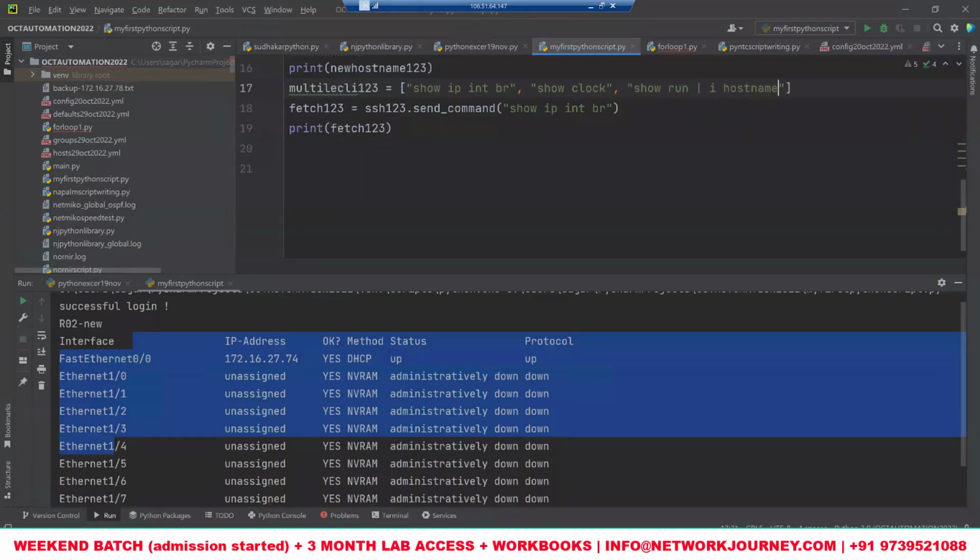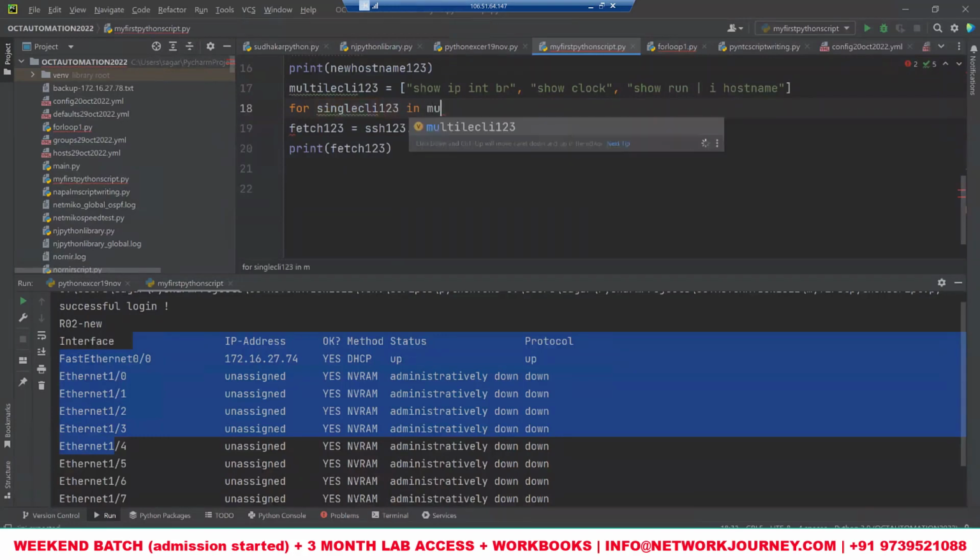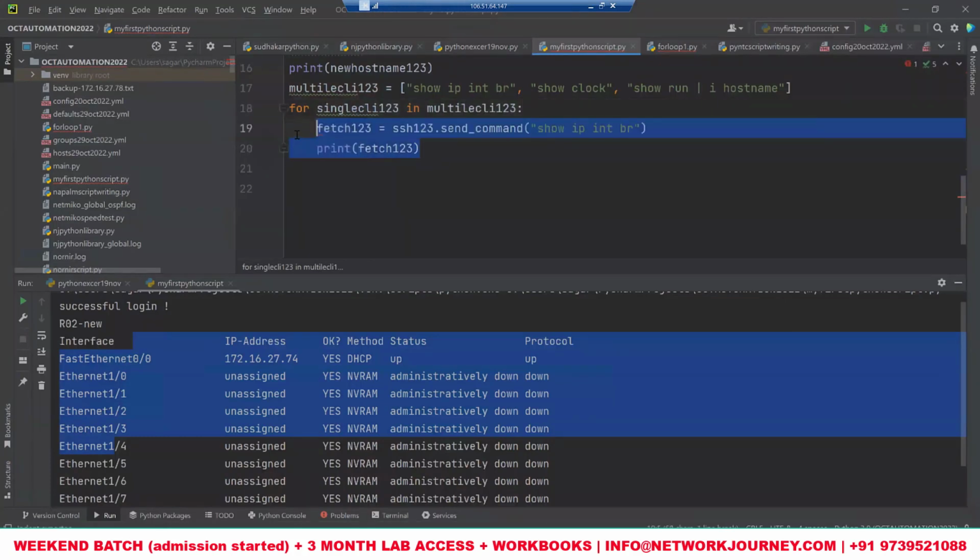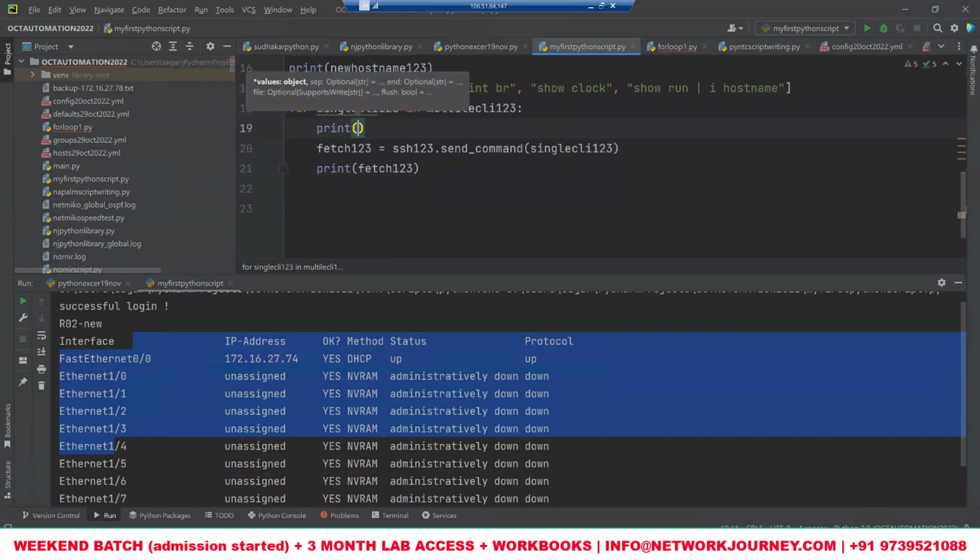Let's say host name. I'll insert the for loop for single CLI in multiple CLI. As I told you, this will be kept in an indentation block within the for loop. This is what is acting as a placeholder at a time. So we can keep it here now. And also, to know which output it's getting collected for, we can keep a label output